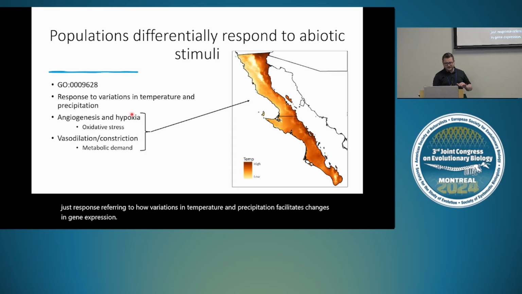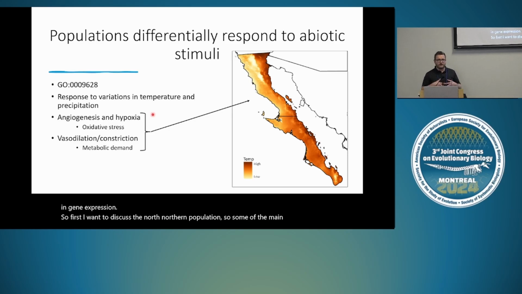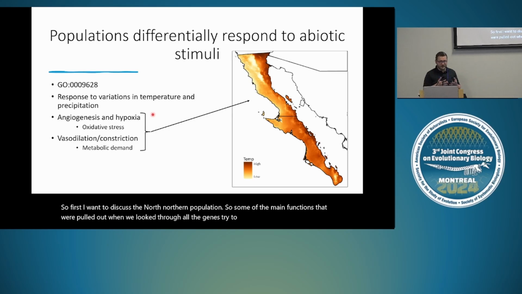So first I want to discuss the northern population. Some of the main functions that were pulled out when we looked through all the genes and tried to categorize them were angiogenesis and hypoxia. Angiogenesis is the formation of new blood vessels, and hypoxia is low oxygen. These can sometimes be associated with oxidative stress, which can be a result of mitochondrial efficiency. They also had a lot of gene functions associated with vasodilation and vasoconstriction,